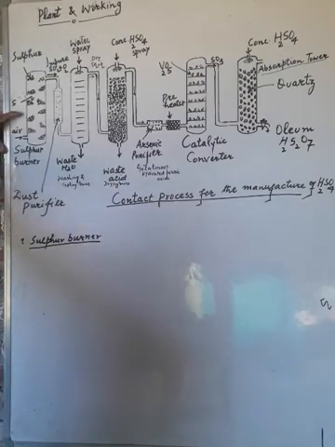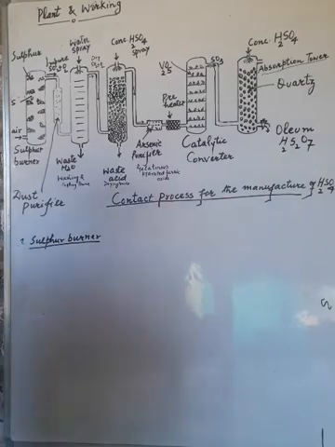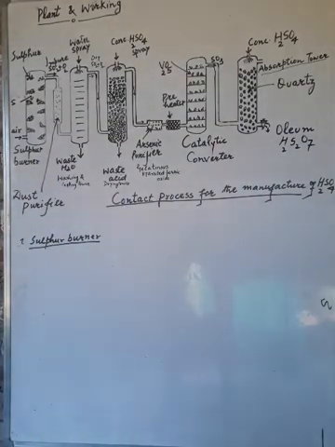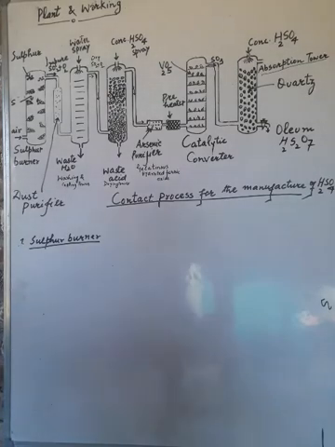In this sulfur burner, we take sulfur and this sulfur is burnt, or we take iron pyrite and iron pyrite is roasted in this to get the sulfur dioxide. Now, in the sulfur burner, sulfur is burnt and forms sulfur dioxide, and the next is